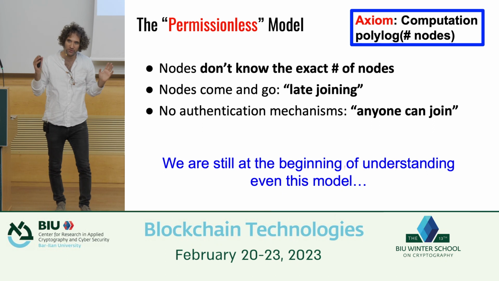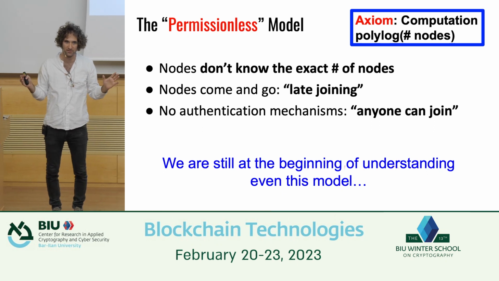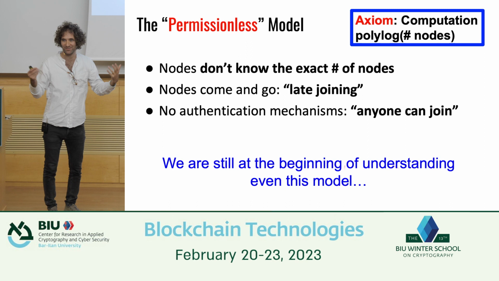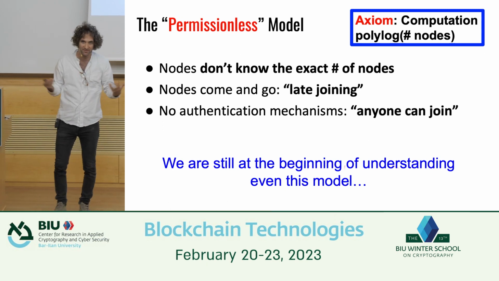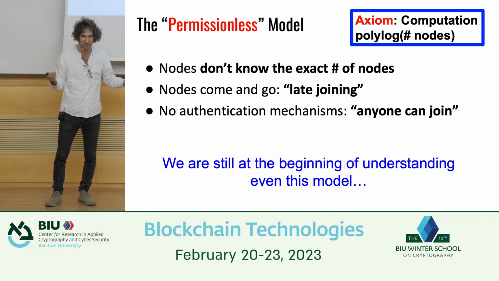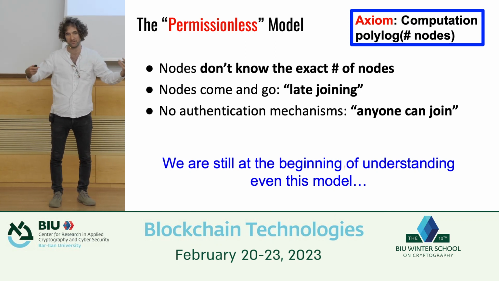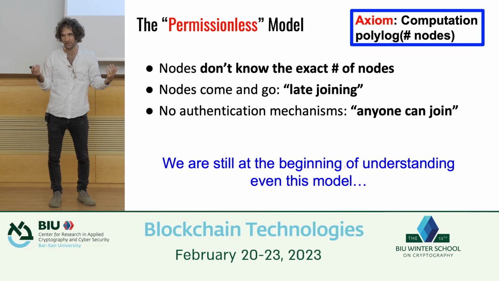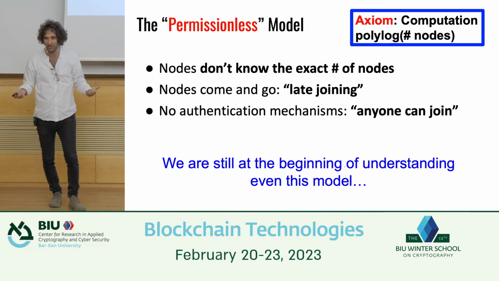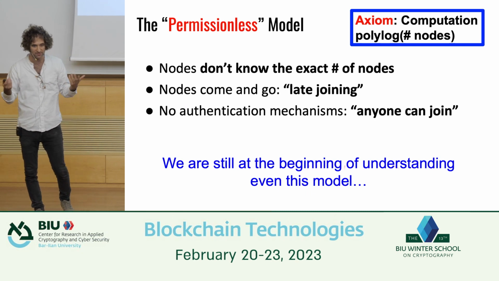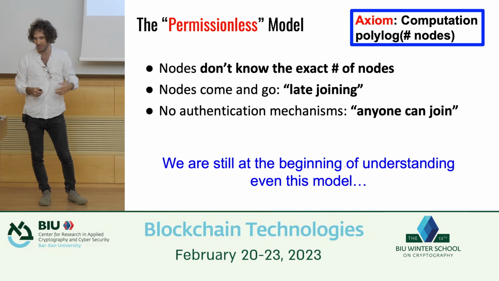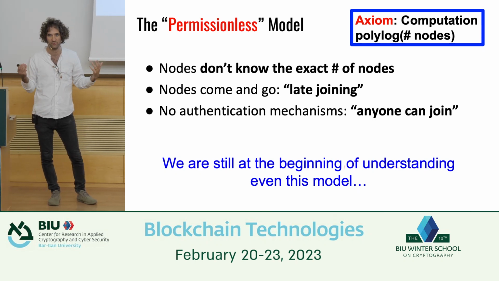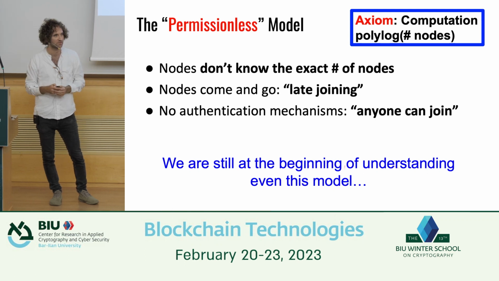And even if we don't talk about economic robustness here, even just from a standard computer science perspective, we're really considering consensus and distributed systems, but with relaxed assumptions. And it's still a very, very interesting problem, and we have learned a lot in the last almost 10 years, but we're still really at the beginning of understanding it. There are a lot of things that are still unknown, and a lot of exciting things that have been happening in the last few years.